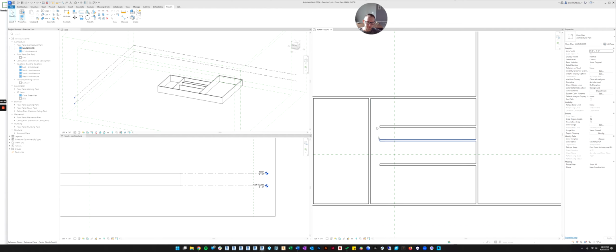So let's undo that. The multiple extend command will do all of them at once. So if I click this command, I can first click where I want the wall to go to, and then I can click each wall and extend it. Or if you use that command, you can also click where you want it to extend to, and then you can use the drag tool to mass select all three, and it'll extend all three.